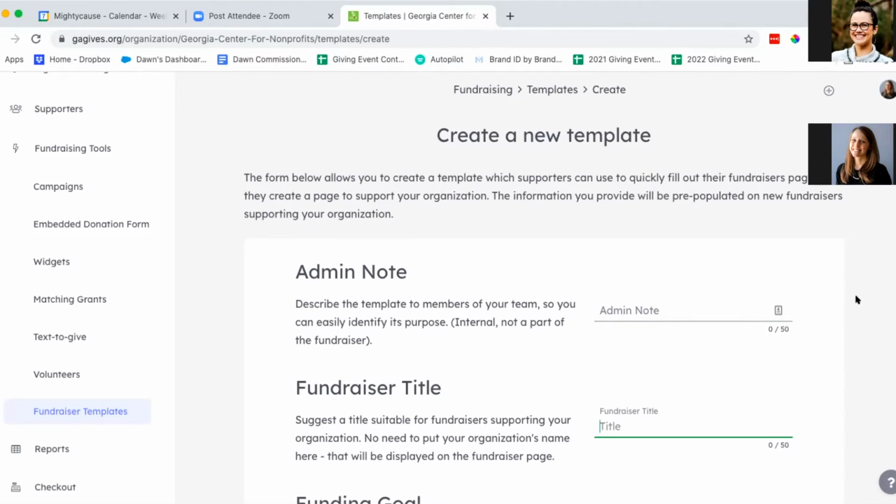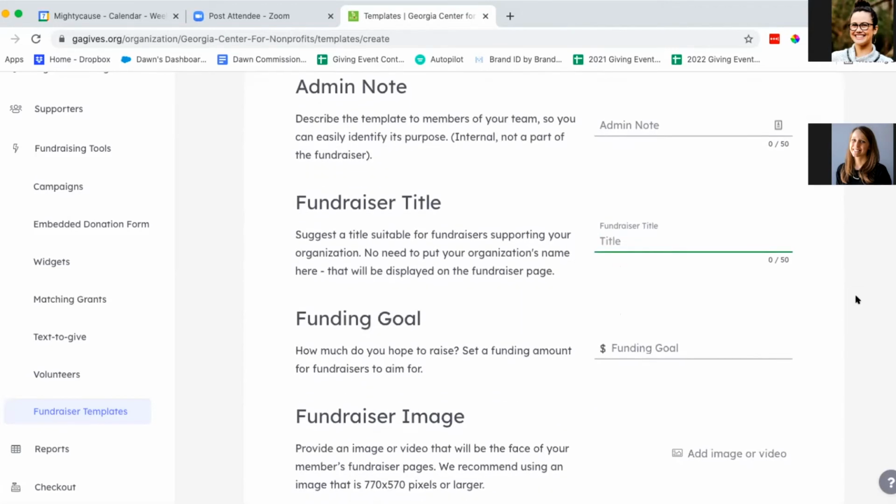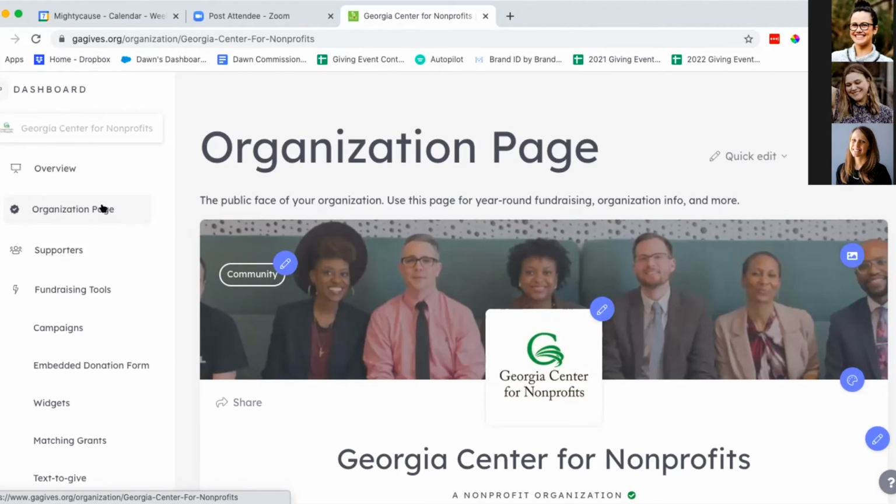And then basically when they create a fundraiser, when they click fundraise on the organization's profile page, like we saw before, they'll get prompted to use the template. Cool. And once they agree to use the template, it'll automatically fill out everything that the nonprofit put in here for them. Oh, cool. Okay. So